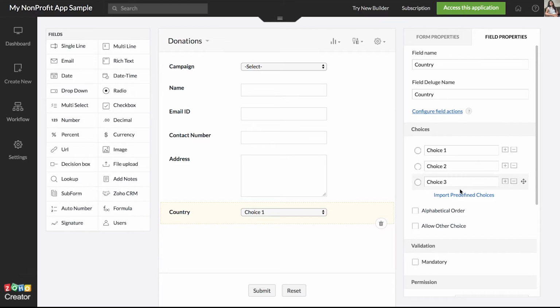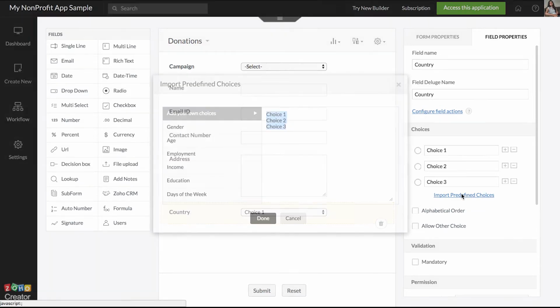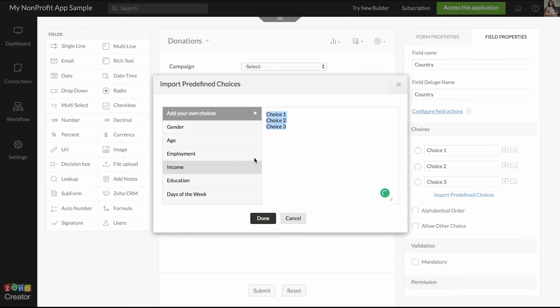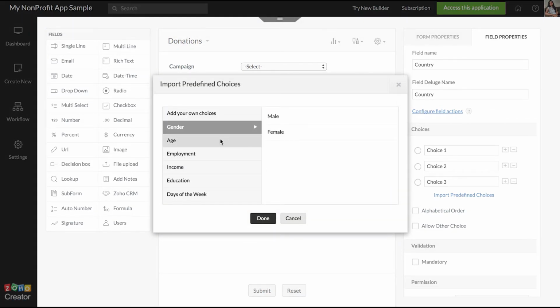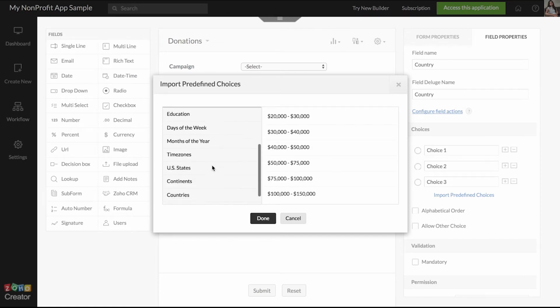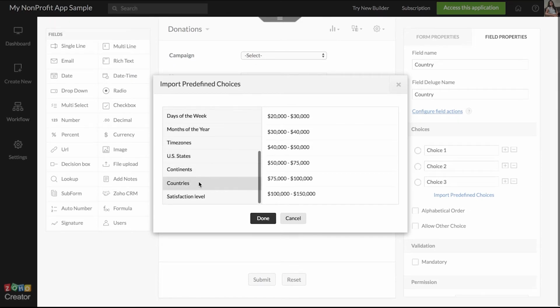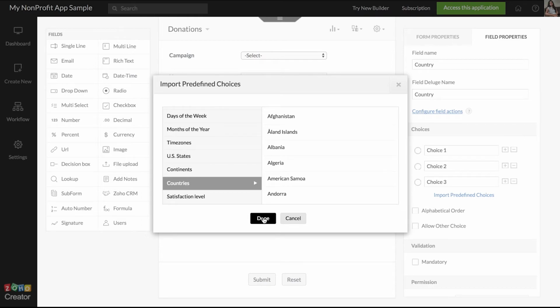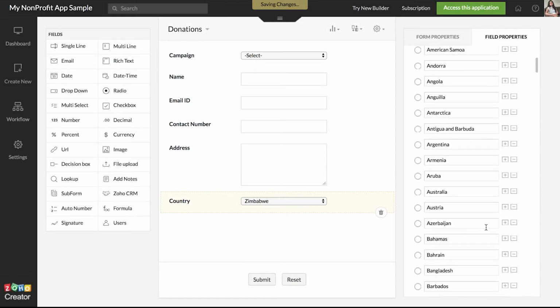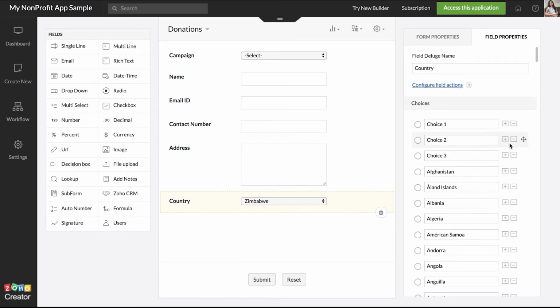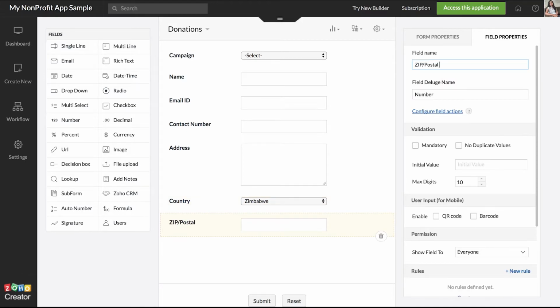Instead of filling in the names of each of the countries, you can just click on import predefined choices and a window will pop up which shows some predefined lists like gender, age, employment, income. From there, you can choose country list and click on done. Automatically all the countries are listed here. Let's remove these default choices, and finally we have the last field, the zip code or the postal code.